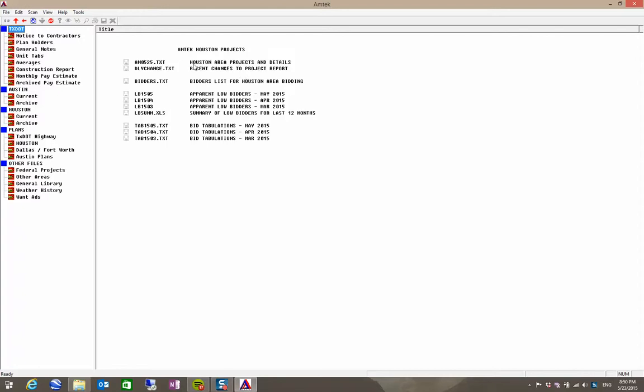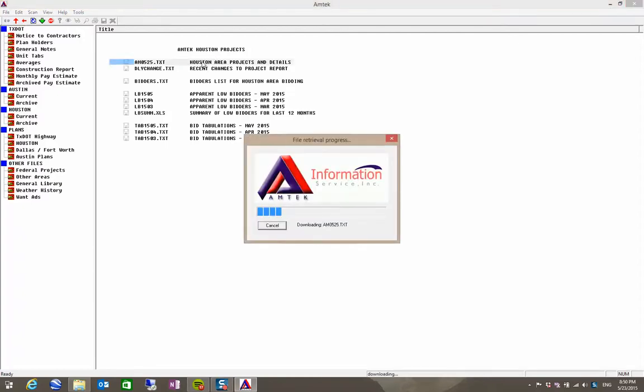projects. At the top here, you have the current projects that are being solicited for bids, the bidders list that show who's bidding those projects, the apparent low bidders for projects that have already bid, and then bid tabulations for projects where they've released the bid tabs. Going into Houston area projects first,